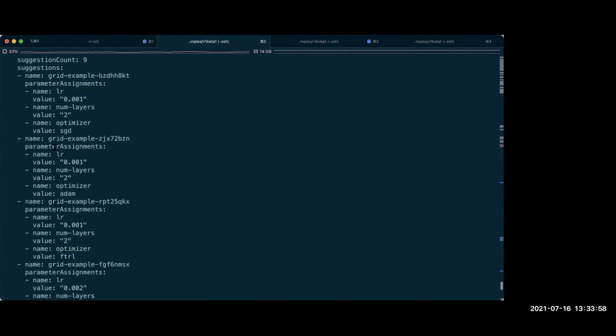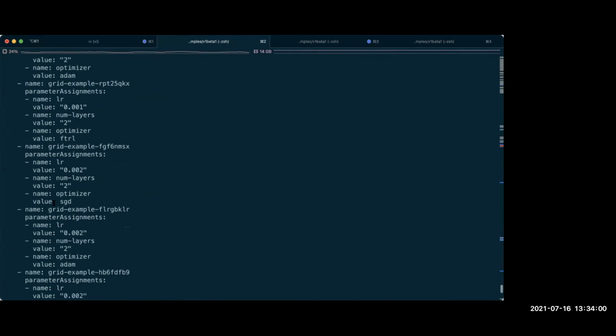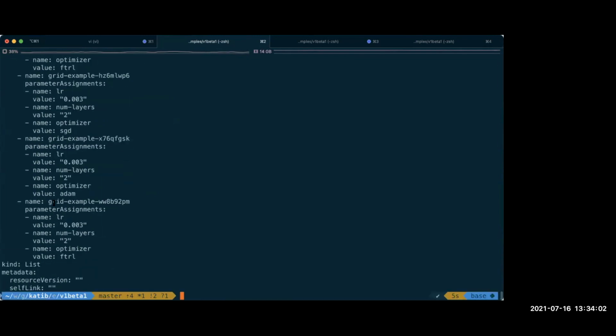It has given me 9 possible solutions from the algorithm service. This is a totally independent service or controller, which gives me X number of requests. It will talk to the algorithm service and get me that many requests. The experiment controller is the one which makes sure that the appropriate number of trials are getting created based on your parallel trial count.